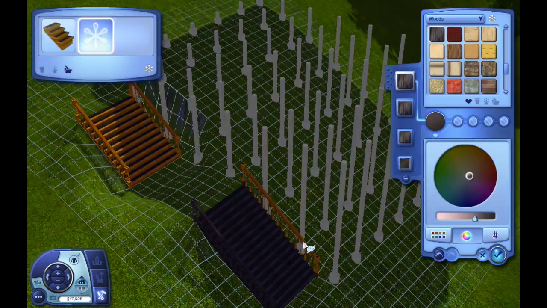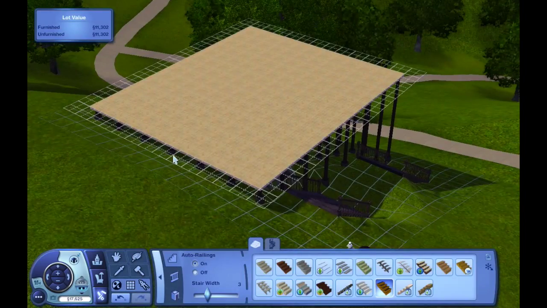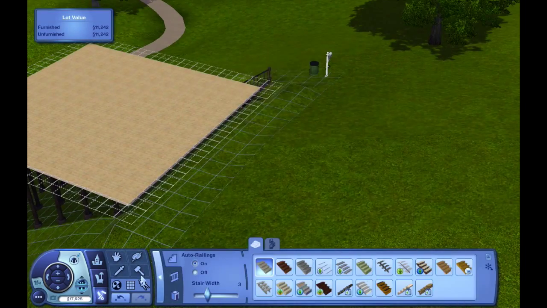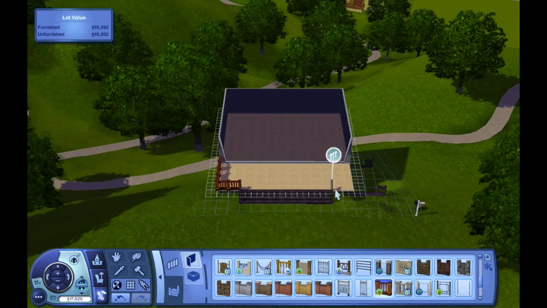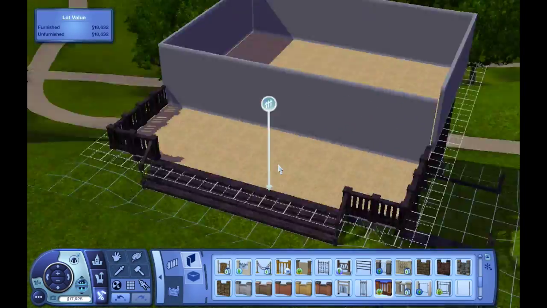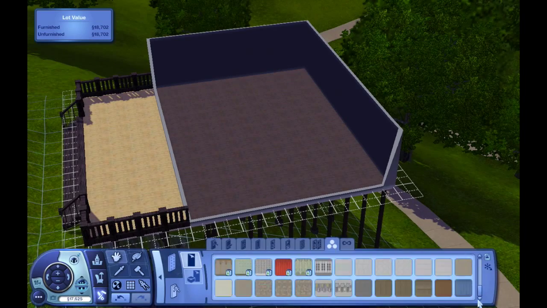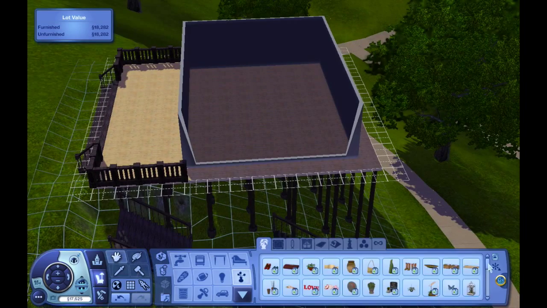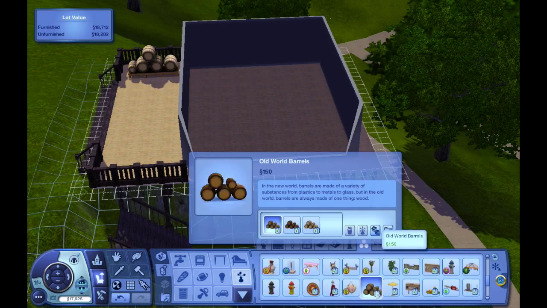So the look that I'm going for, I want it to look like a wood cabin. I did originally want to have the entire house made of regular wood, and I thought I downloaded a bunch of wood, but I couldn't find it when I actually got down to doing it. So I did have to go with a wood pattern on the wall. And to make it look very different, I decided to add in some rocks and stuff like that around the exterior just to make it look a little bit cooler than your typical